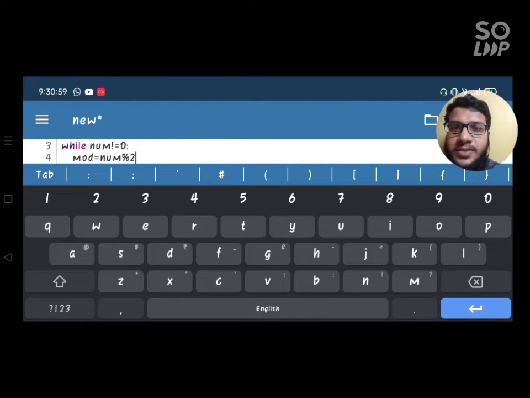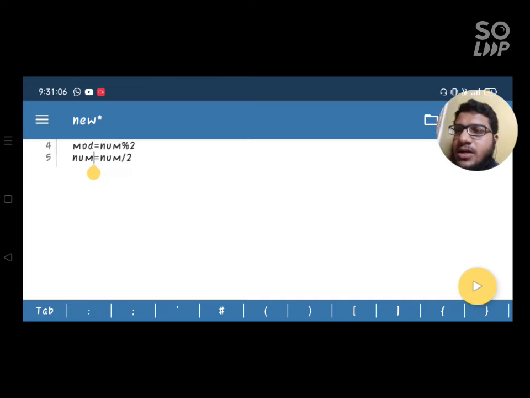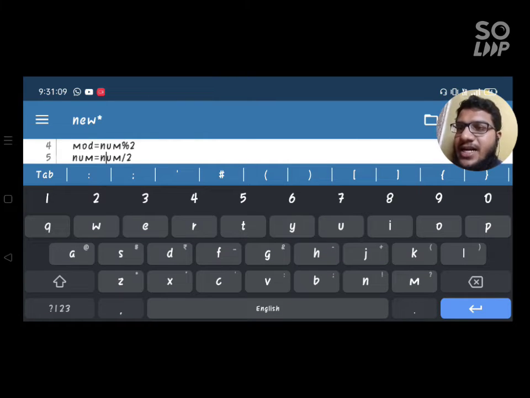What it will be doing is dividing the 10, and the remainder value will be stored in the variable mod, and after that it will divide again. And it will be dividing as an int function, because we all know that whenever we divide any number, the value which is returned is a decimal number. So we don't want decimal, we want a normal number, because only if the number is normal can we find the binary value. So here I am using the int function to divide this.